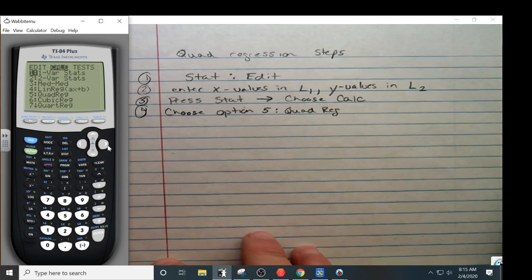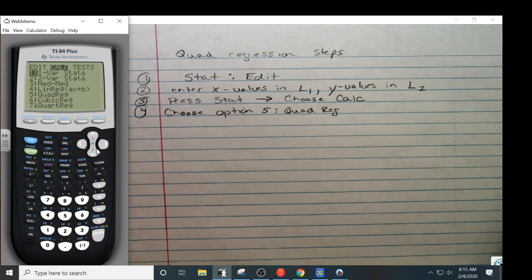That's step 4. Now, step 5, guys, is optional, but I would recommend doing it because it's going to make your life a